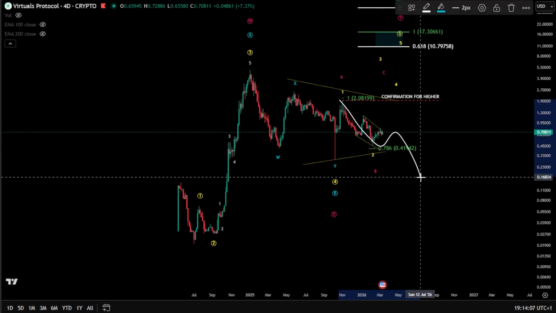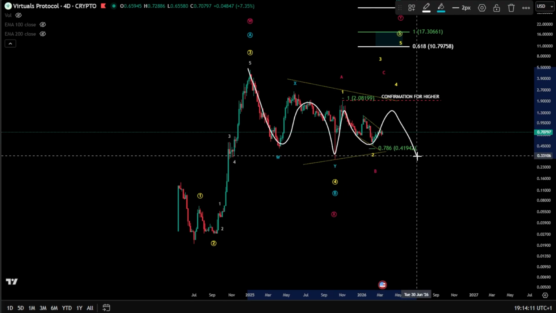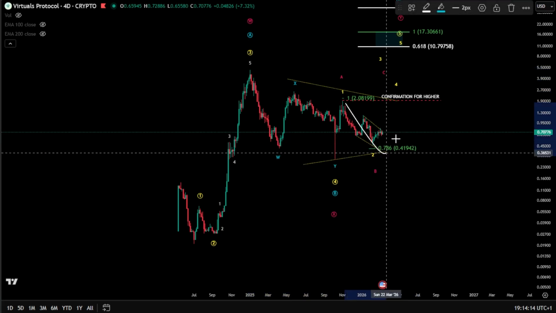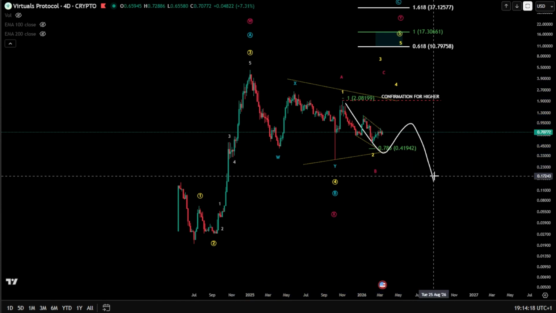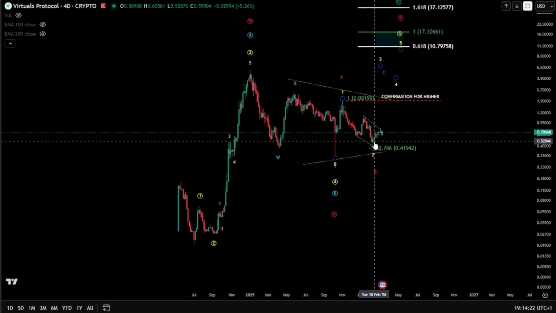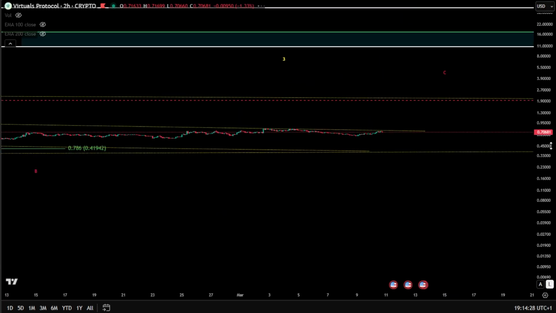It can be for something bigger here, as in just W, X, and a Y. It can be something even much more, as an ABC, as a bigger W, X, and a Y. What I mean is we have to be careful. It's still not 100% sure that we are in a 1-2 here. We still need the micro level to confirm it.